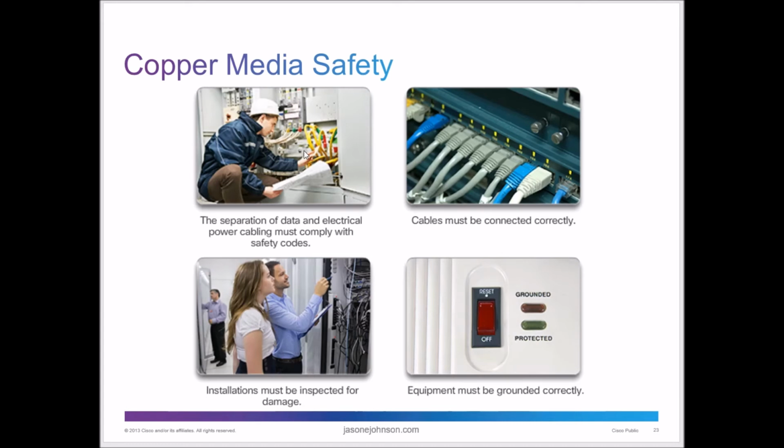And in almost all cases, you do not want to run your network cable in the same places where you have your power cables, because unless you're shielded, you're going to get electrical EMI, or electromagnetic interference, from the power over to the electrical lines.